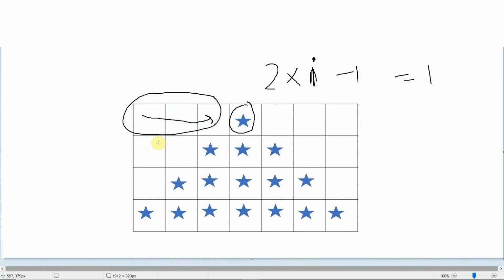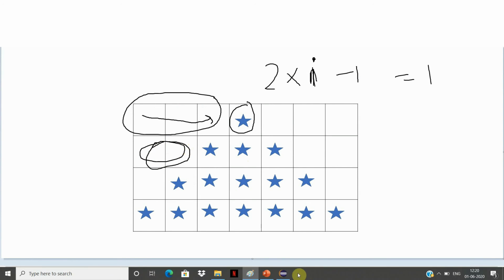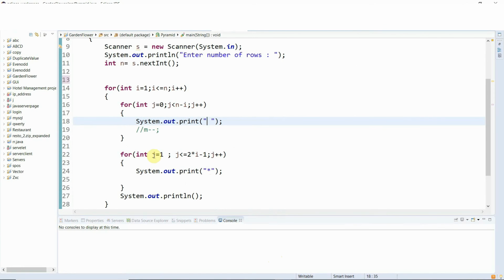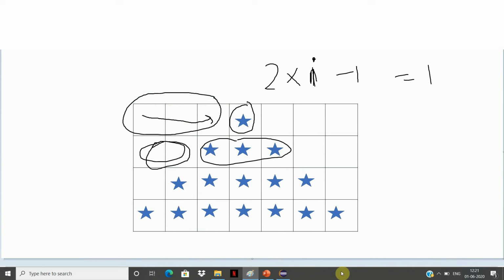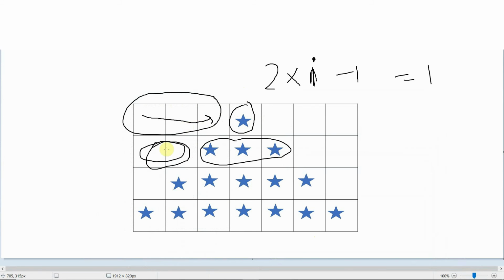Then we exit the loop and enter the second inner loop, from j equals 1, j less than or equal to 2 into i minus 1, which is 2 into 2 minus 1 equals 3. So after printing two spaces, we print 3 stars. This continues for every row, and at last we get this pyramid.